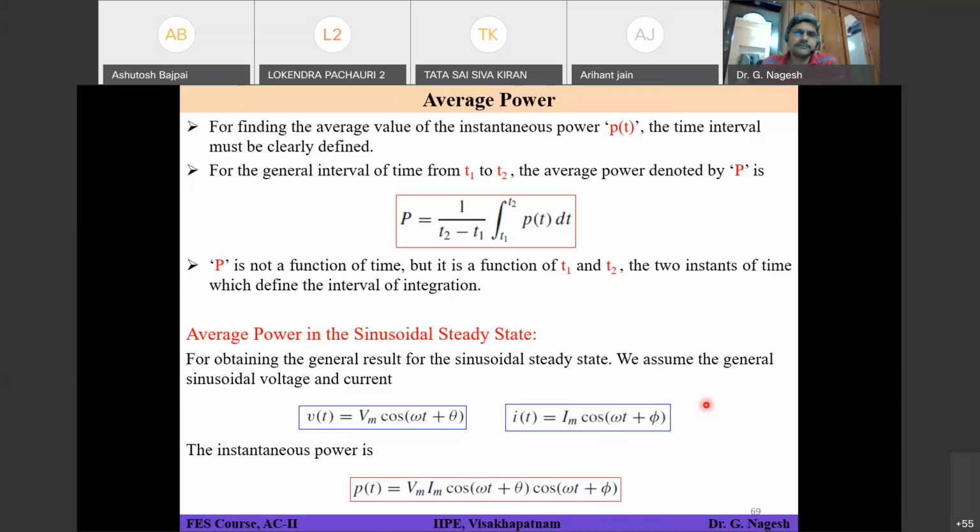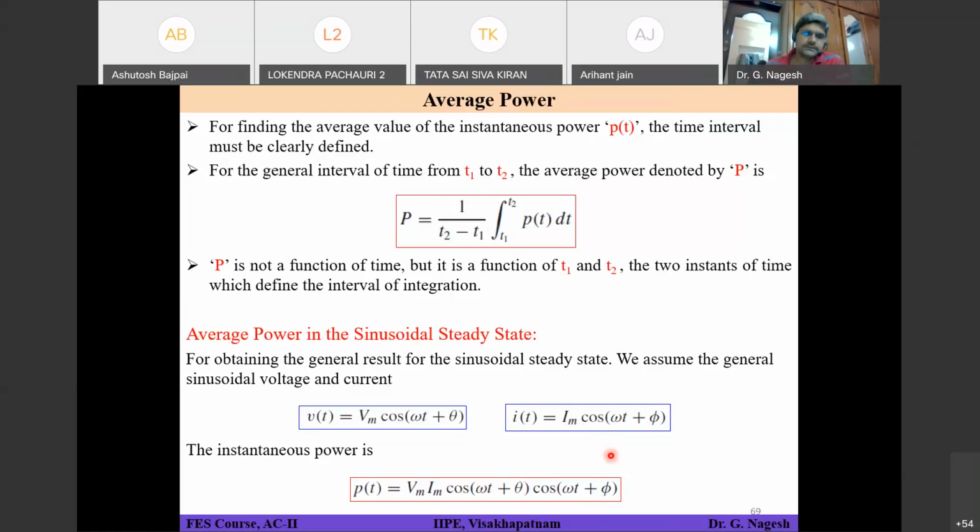You are understanding, no? Once we go forward, you will understand that your power will actually depend on the RMS value, and the RMS value you will get from the circuit parameters. So it depends on average power, and average power will determine how much power the element can withstand. Accordingly, you have to choose the element.